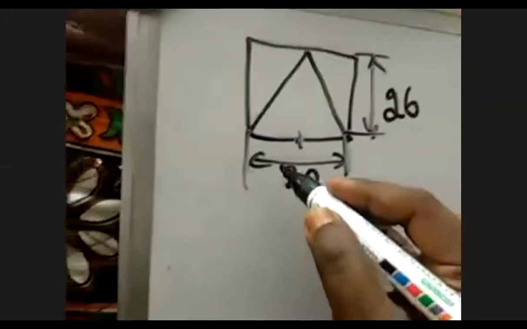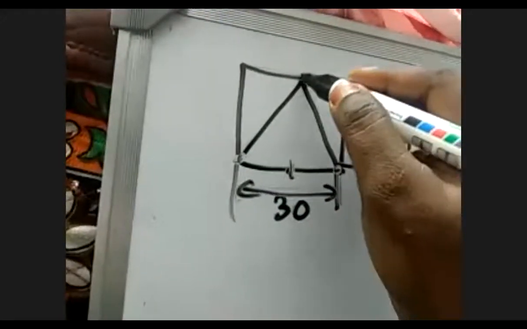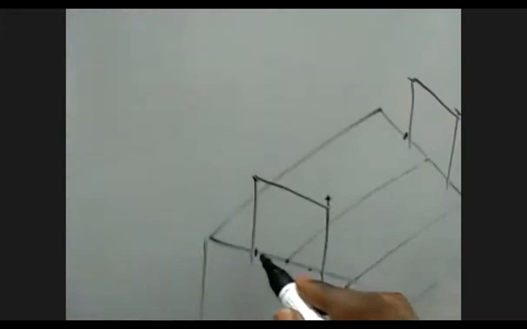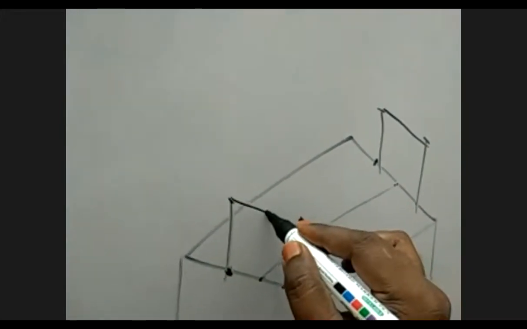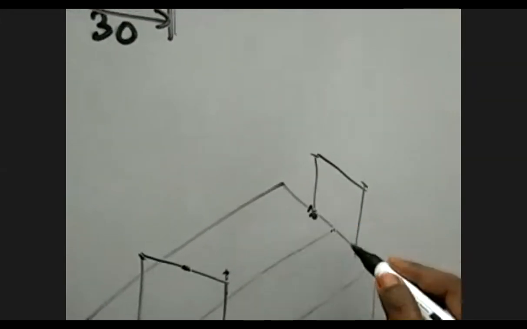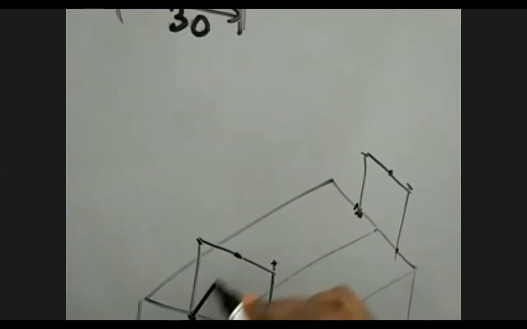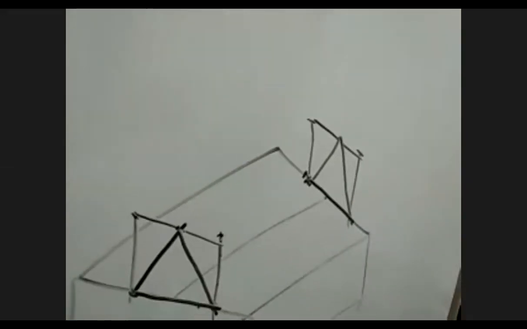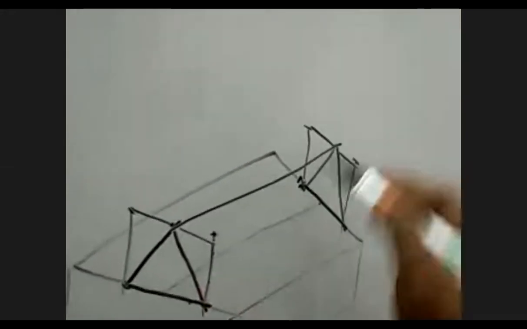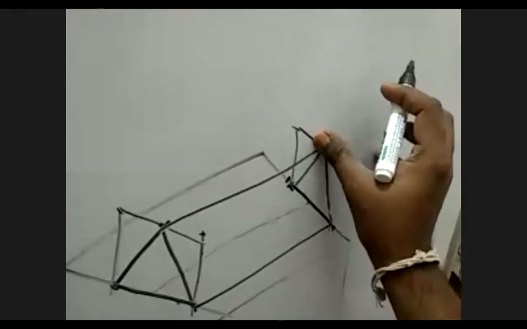Okay. After that, on 30 mm line, you have 2 points of triangle, and opposite 30 mm exactly in the center, you have 1 point. So here, point number 1, point number 2, in the opposite line exactly in the center, 1 point. Same way, point number 1, point number 2, opposite 30 exactly in the center. Draw it here like this. So once you are done with this, connect top corner, bottom corner. It is all unwanted lines.